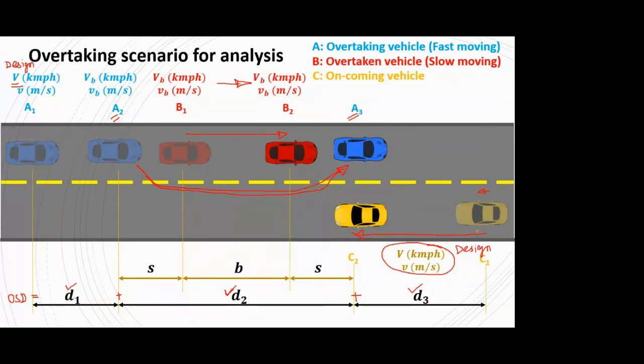So now you get why we have frozen these values of speed, because we are calculating the minimum distance required, or the minimum distance which is visible to the driver during overtaking, and it's a critical one because when the overtaking is going on, at the same time there is a vehicle coming from the opposite direction. Okay. So this is the scenario.